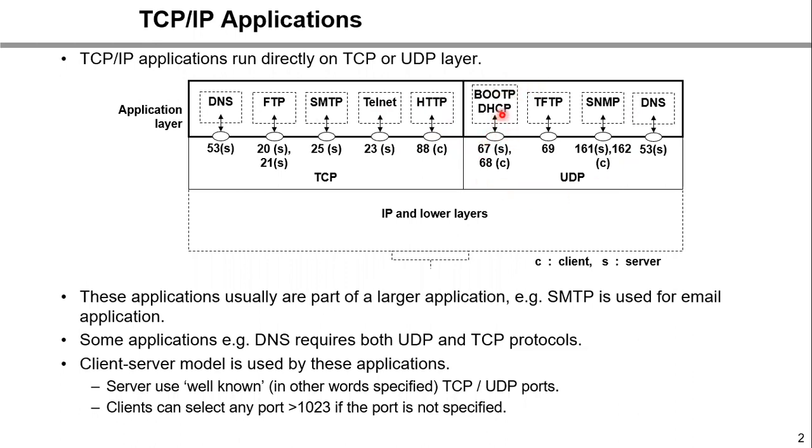Then you get DHCP protocol. Now we have seen DHCP assignment, if you remember. So that uses 67 and 68, but thing to remember, it is not supported by TCP. It is supported by UDP. Okay. Now the reason behind it is, we'll see DHCP in a while, and I'll tell you the reason behind it, why it uses UDP only. Let's go through these